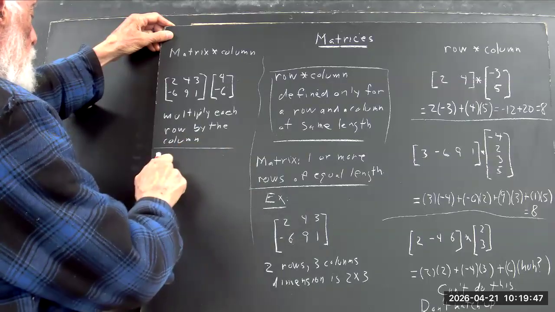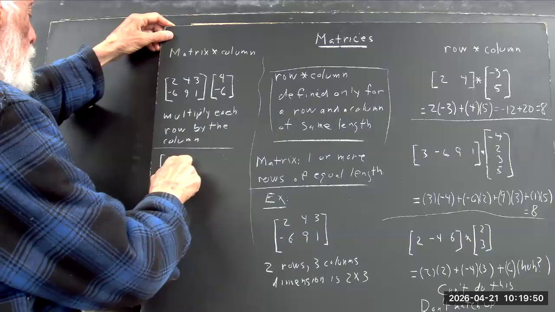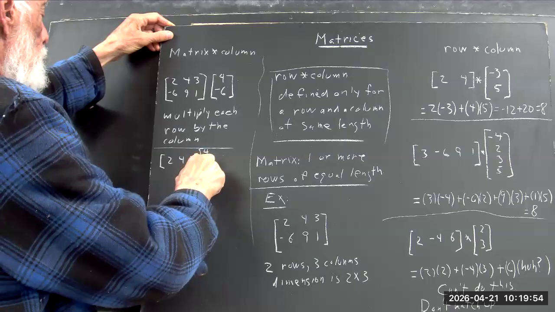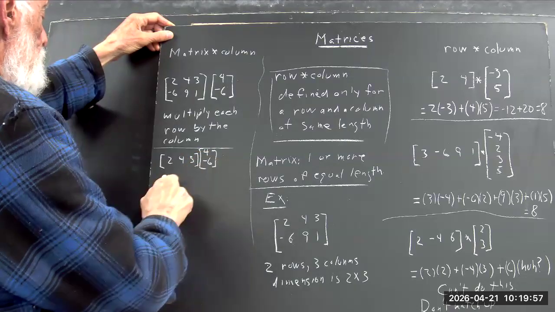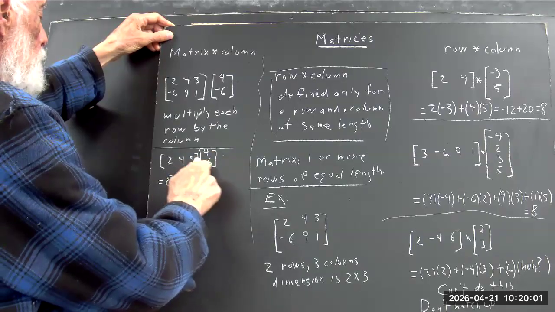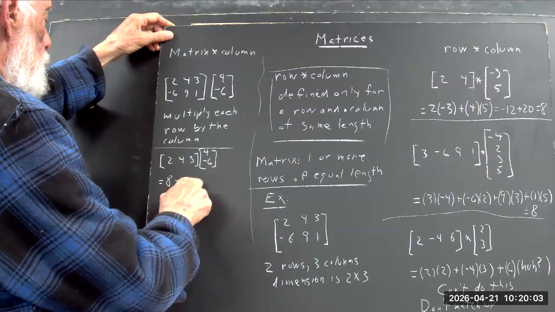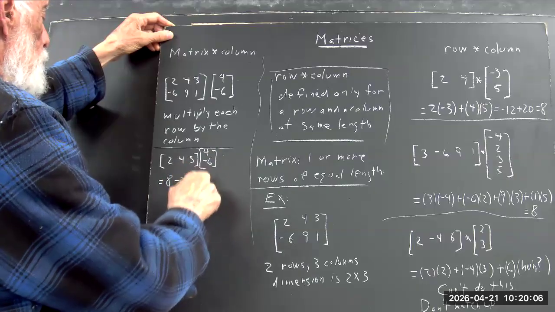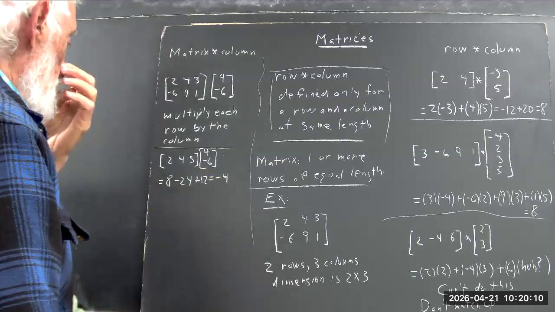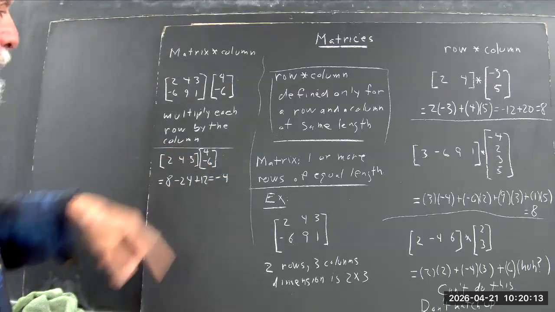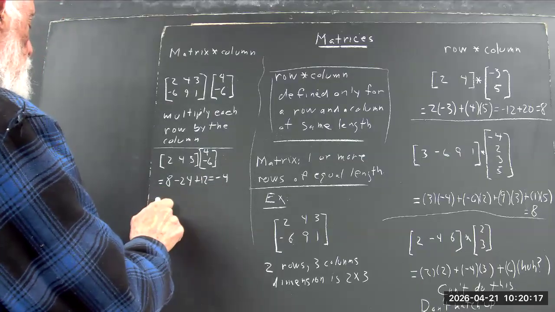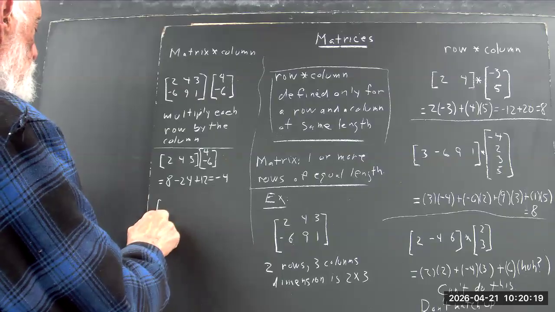So we multiply the first row by the column, 2, 4, 3, multiplied by 4, -6. That equals 2 times 4 is 8. 4 times -6 is -24. 3 times 4 is 12. That's -4. So the first row times the column is -4. Second row times the column